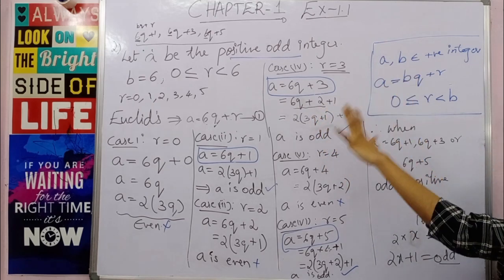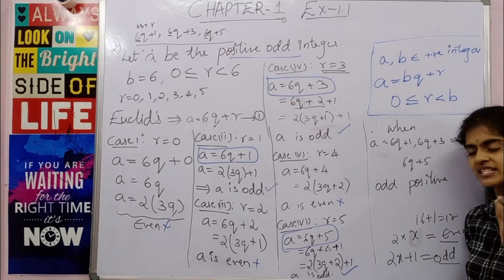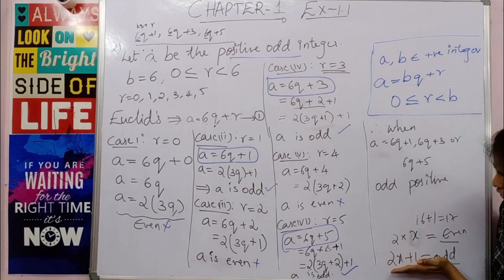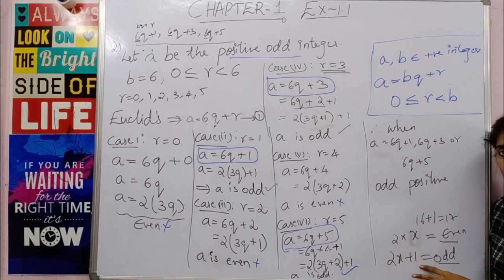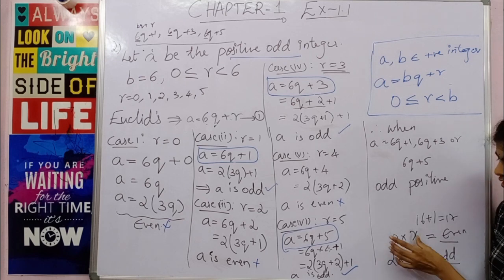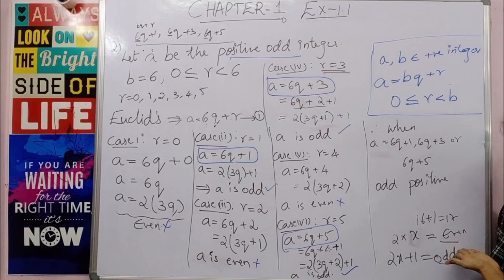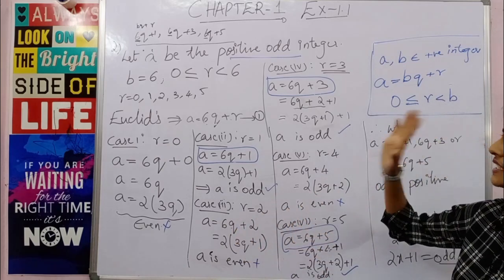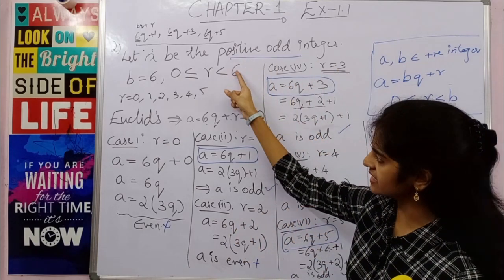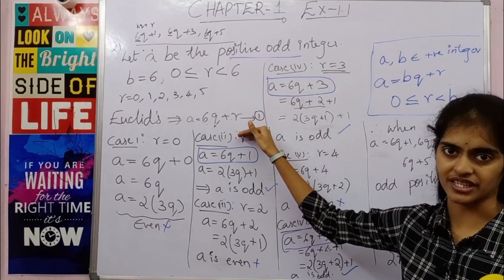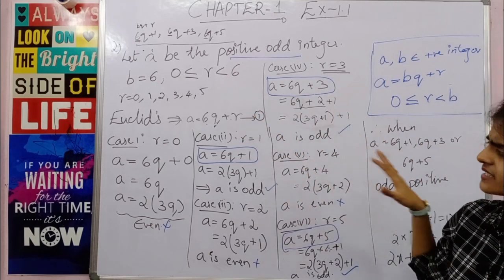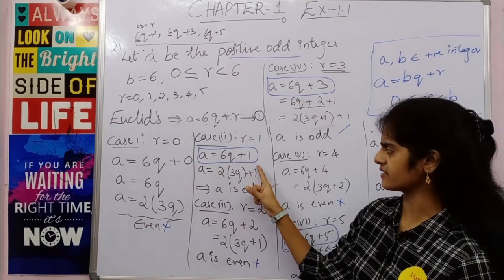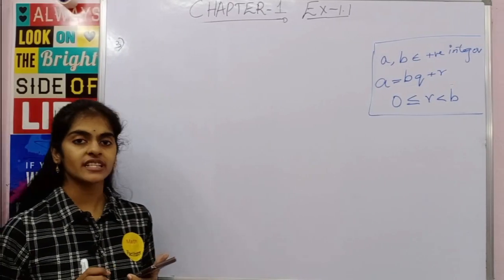Clear? So the whole concept is, to know whether a number is even or odd, you need to get it in this form: 2 into something, or 2x plus 1. Even plus 1 or 2 into something will give you an even number. Clear? So this is an important 4 marker essay question. The only thing you have to remember is that the initial 3-4 steps are very important. All other things are just substituting values in different cases. Moving on to the third question.